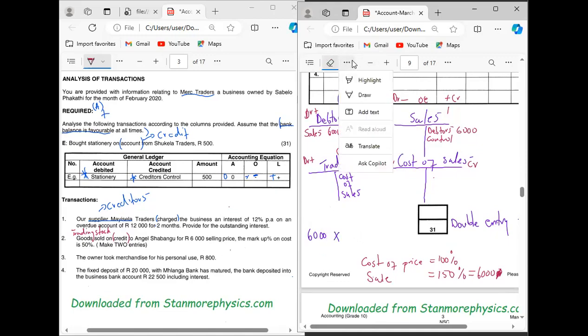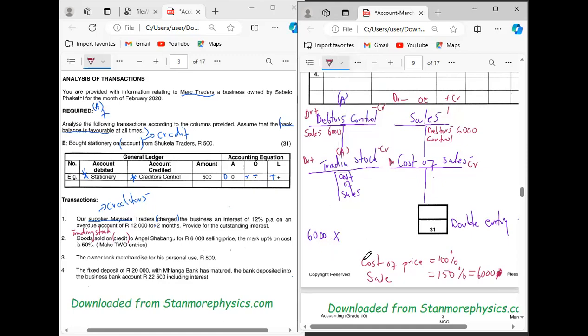Then we multiply 6,000 by what we are looking for, the cost price, which is 100%, divided by the percentage that we have, which is 150. What we have, multiplied by what we don't have, divided by what we have. So 6,000 multiplied by 100 divided by 150 equals 4,000, meaning our cost of sales must always be less than our